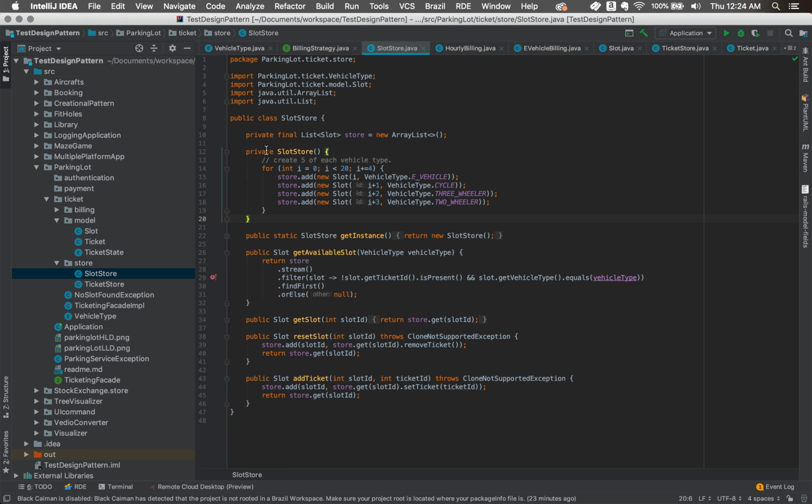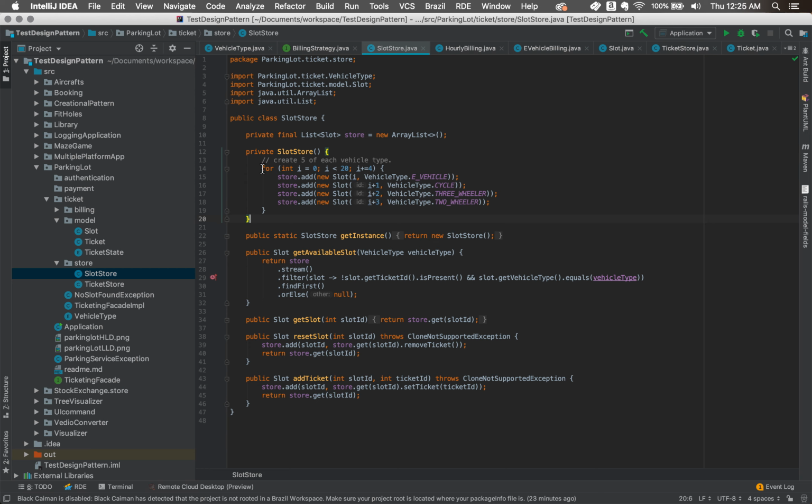So can it be a separate config store? A config store will be managed by the admin, and at runtime the slot store will always query the config store to get the current slot, and then it will use the size of the store accordingly.